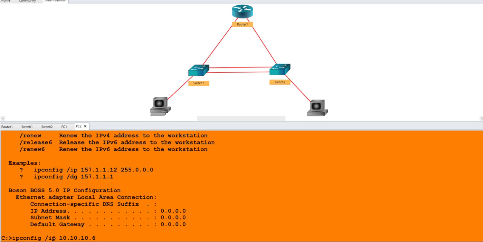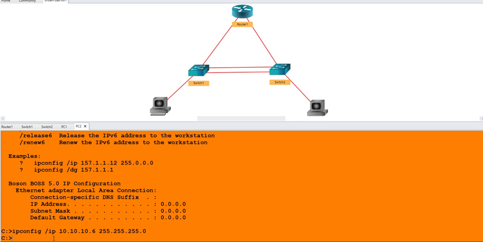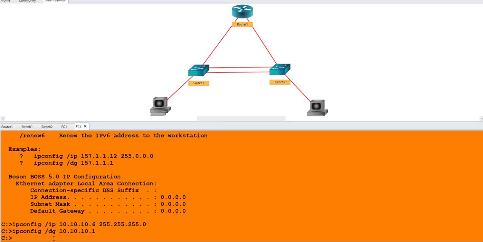Let's do 6 here. 255.255.255.0. Okay, and then we're going to do default gateway 10.10.10.1. Okay,